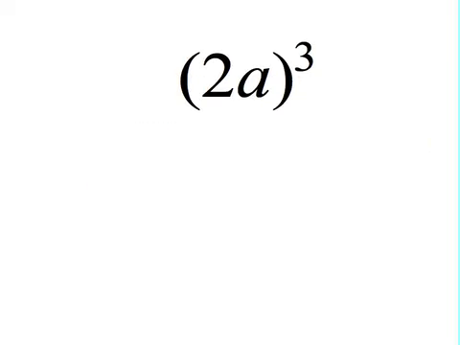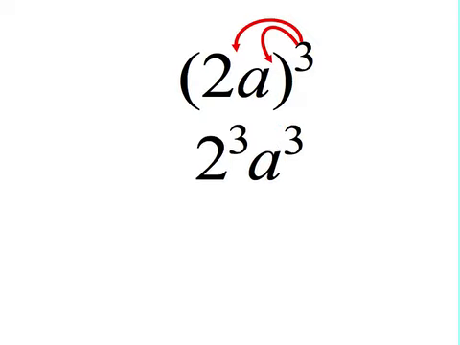And now let's go back to our previous expression and apply the power of a product, as shown. The 3 distributes throughout that product so that we go straight to 2 to the third, a to the third. We've saved us writing all those extra 2's and a's. 2 to the third is, of course, 8, and now we've rewritten it as 8a cubed using the power of